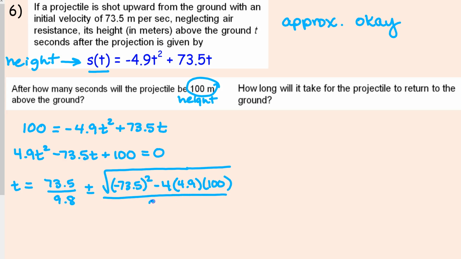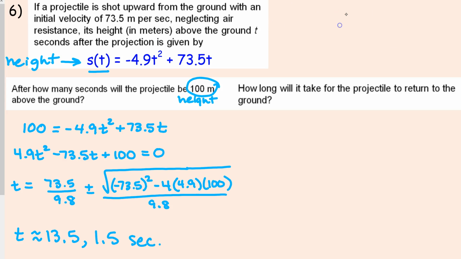over 2a. Now I think everybody should practice putting that in a calculator to make sure that you can get it in there correctly and get the right decimal values. So I'm going to go ahead and find those decimal values and then jot them down. Okay, so when I put this into my calculator, I got two different times, 1.5 seconds and 13.5 seconds. These are both approximate. And if you visualize the situation here,